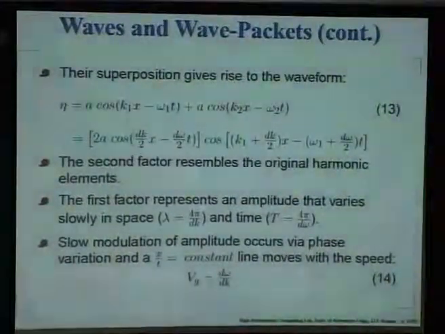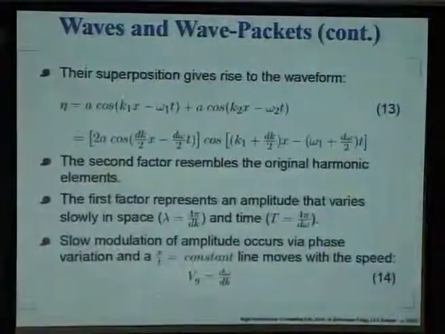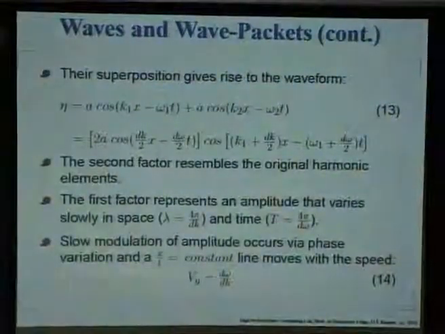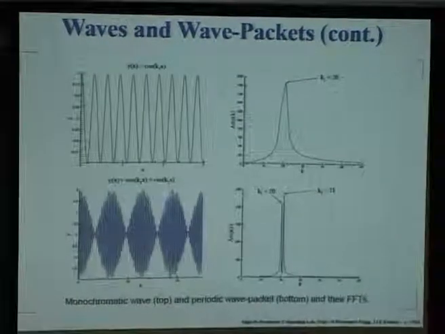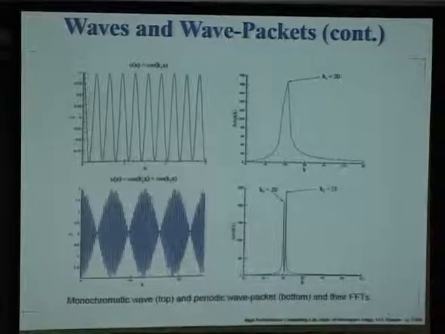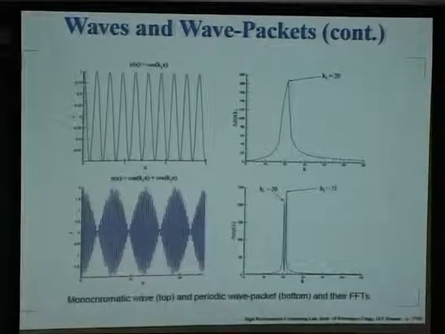And so what we find is that the amplitude moves with this speed, this Vg, and since energy is proportional to amplitude squared, this velocity is the characteristic velocity of the propagation of energy itself. We will show with the help of some examples why that is true in a little while, but